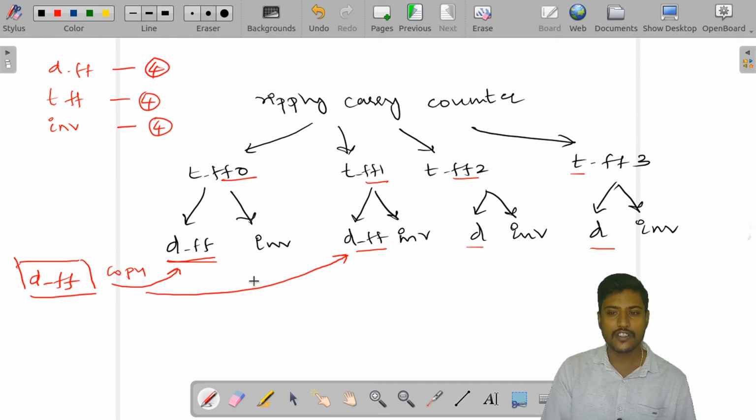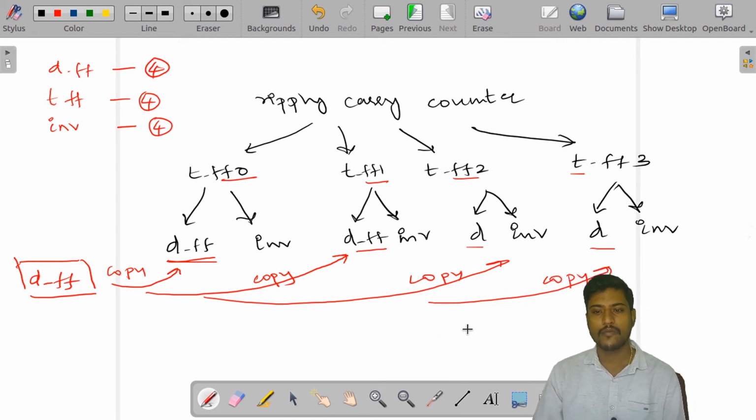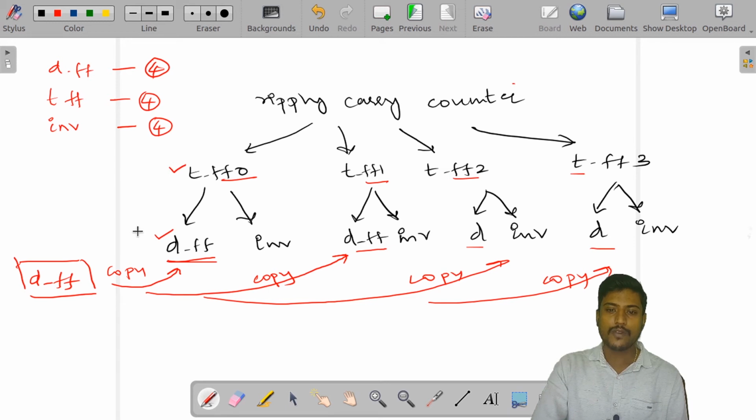I will instantiate it here, here, and here, so that a copy goes to each place. Now, a D flip flop is also a module and a T flip flop is also a module, but the D flip flop is an instance in the T flip flop.